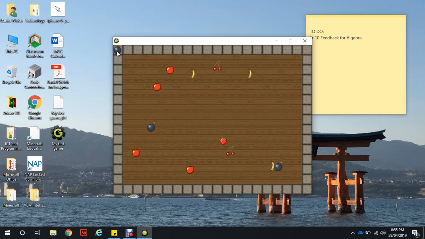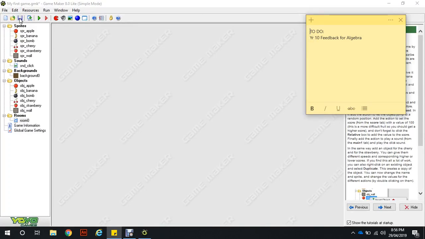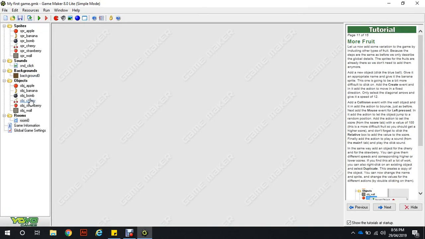There's the bomb there. Now I don't know why, but that first one always goes there for some reason. Now you can see the bombs are joining in, going around like that. So you can see this game is going to be progressively harder the more that you play it. So, now that we see that that's working, let's exit out of it, save the game, and let's get this game